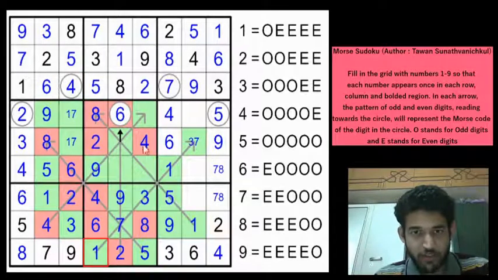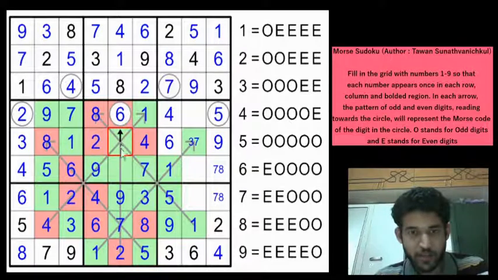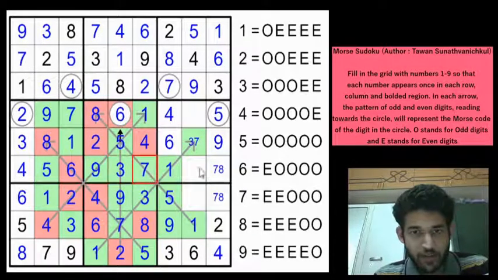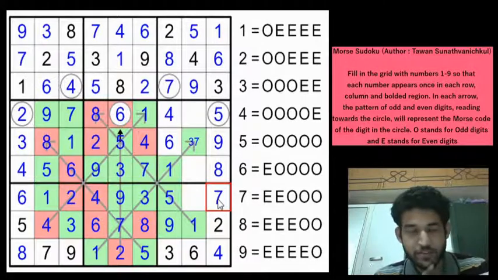And looking along column 6, 3, 4, 5, 8, 2, 6, 9. 1 is here, so 1 and 7 would have to go in these cells. So this is a 1 and this is a 7. This one gives a 1 here and a 7 here. And we need two odd digits, 3 and 5 here. But 3 is here, so this would be a 5. Sorry, this would be a 5 and this would be a 3. Right? You have a 7 here, so this would be an 8 and this would be a 7.